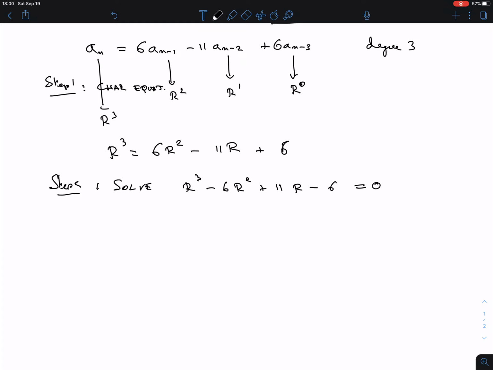Even if it gets worse in degree 4, there's still an equation, which is even more difficult. But then in degree 5, something very strange happens. There are no solutions in general anymore. There are no ways, no methods of solving this in general anymore. Of course, there are solutions, but we cannot solve them